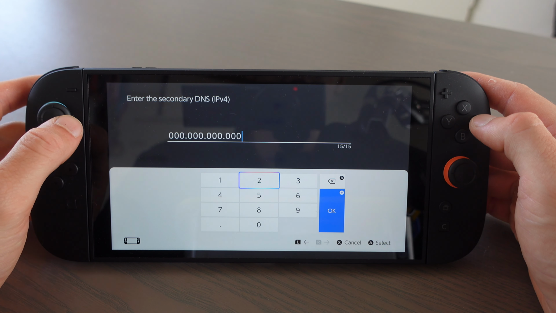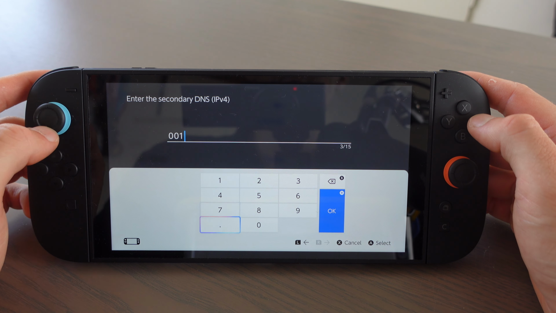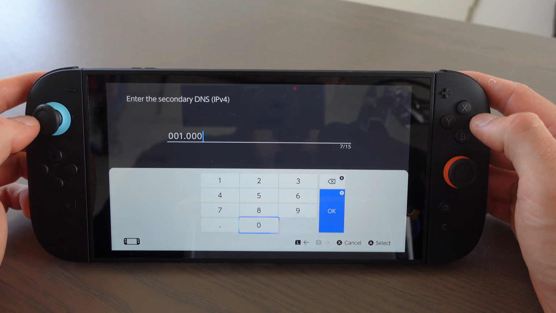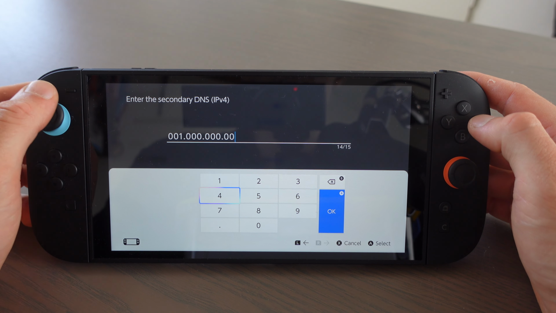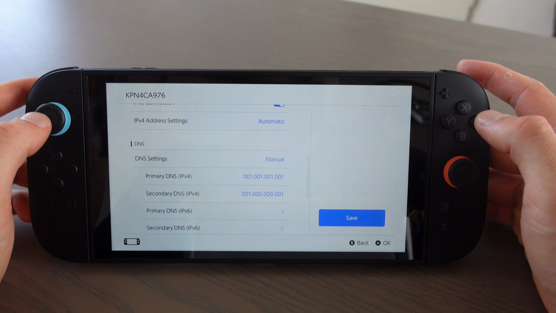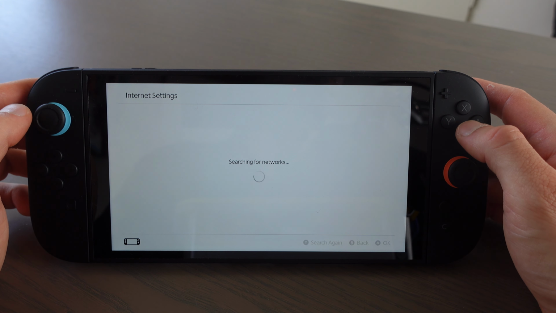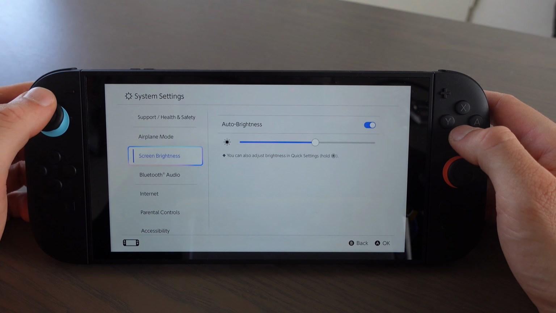Then our secondary DNS, we're going to change it to 001.000.000.001, and then we're going to click on OK, and then we're going to click on Save, and we're going to click on OK. Then, if it's still not working, what you can do is go to airplane